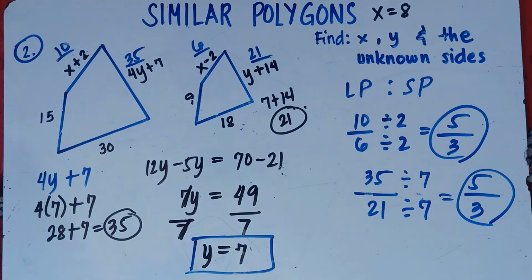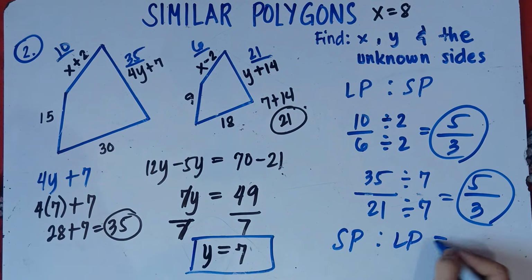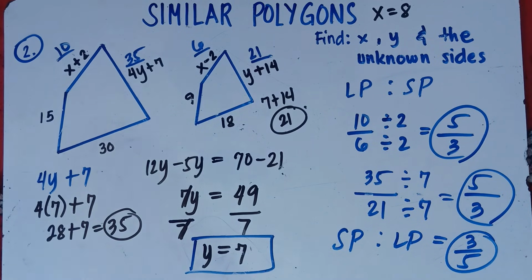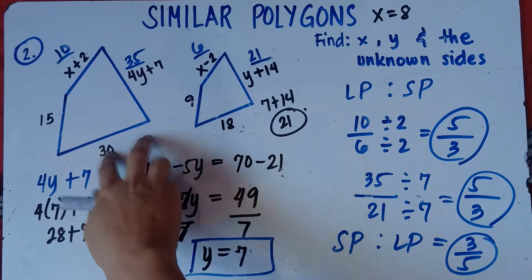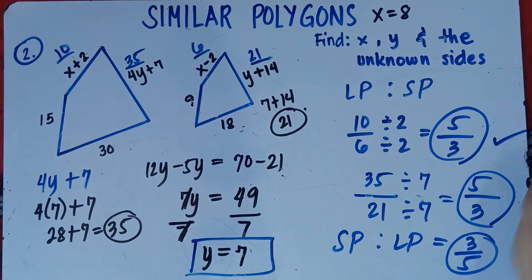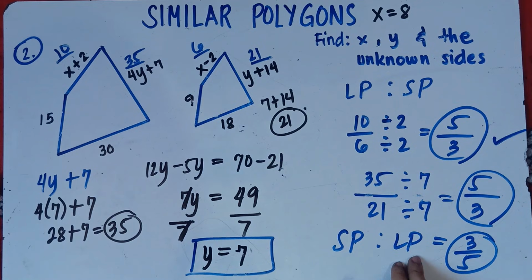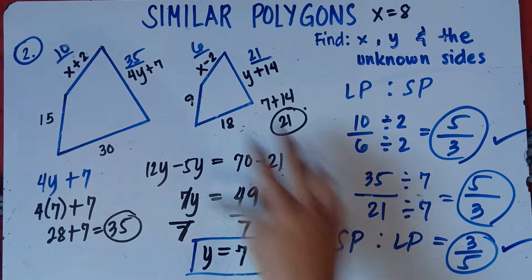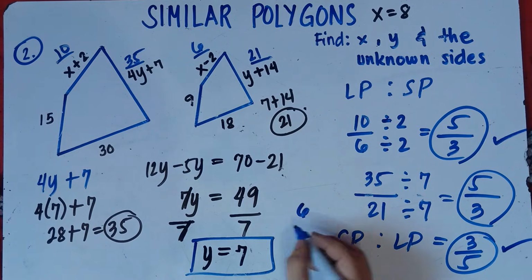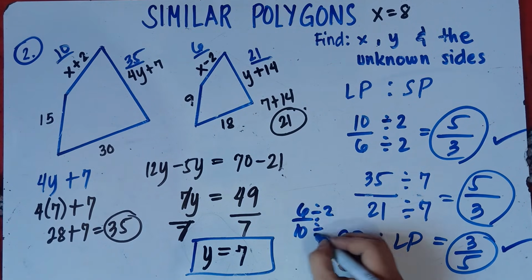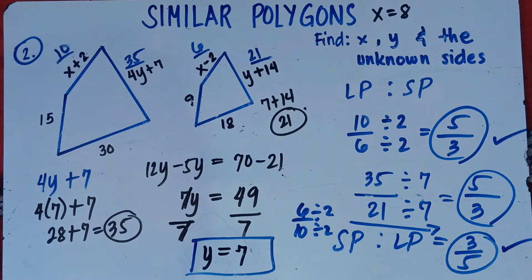Now if the teacher will ask for the ratio of the smaller polygon to the larger polygon, your ratio will be 3 over 5. And that would be your scale factor. So it depends on your teacher. If the scale factor is the larger to the smaller polygon, this will be your answer. Now if it's smaller polygon to the larger polygon, your answer will be 3 over 5. That's it class. Because this is the smaller polygon 6 and the larger polygon is 10, you divide it by 2. That's why you have 3 over 5, smaller to the larger polygon. Alright, so that's it for the scale factor, and that's it how to find the side.